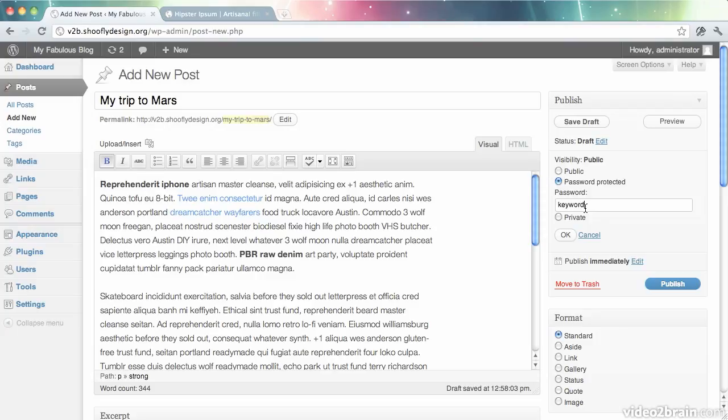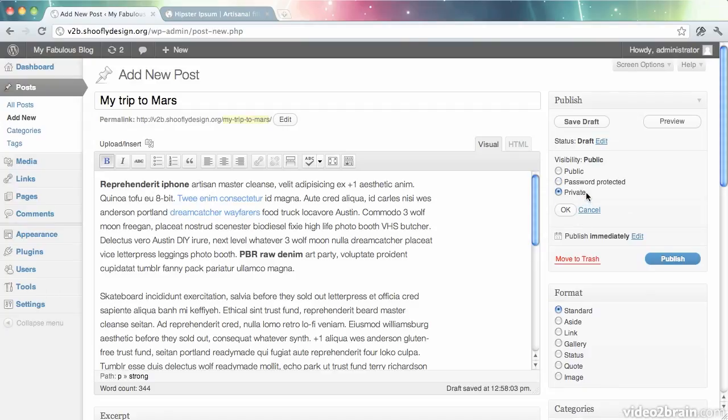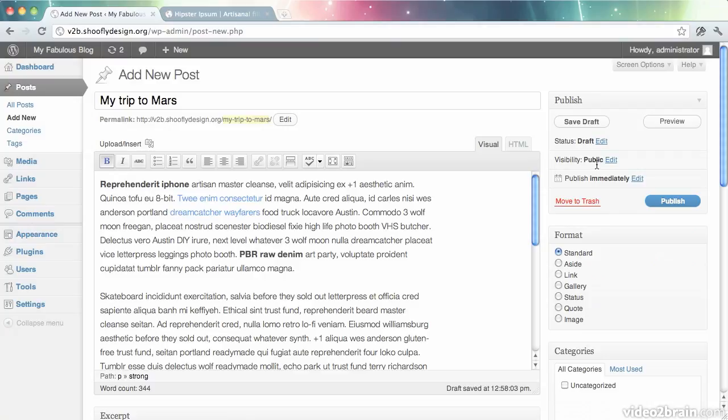And that will show the post in your WordPress timeline, but before anybody can see the content of it or the comments, they will have to type in this password. And finally, private. If your post is set to private, that means that no one will be able to see it except you and administrators. I don't need to do any of this right now, so I'm just going to click cancel, and visibility stays